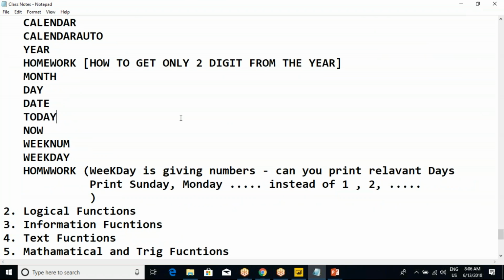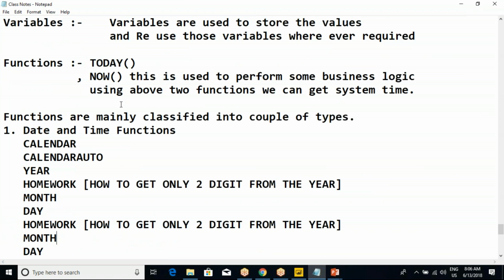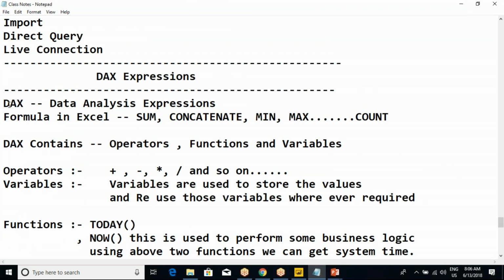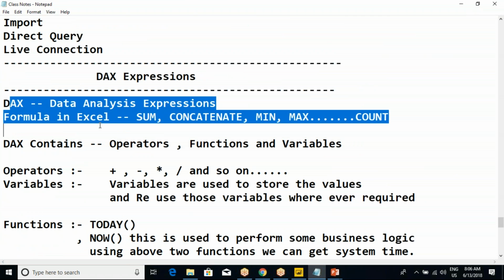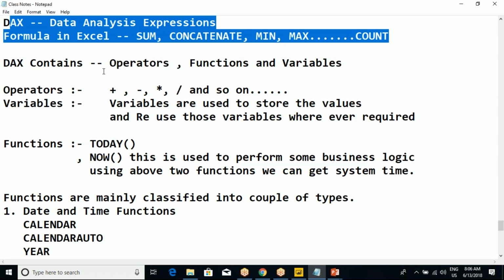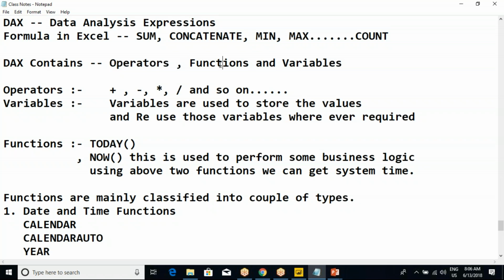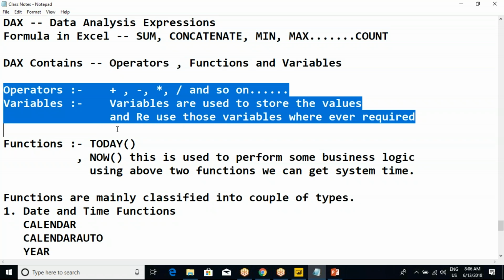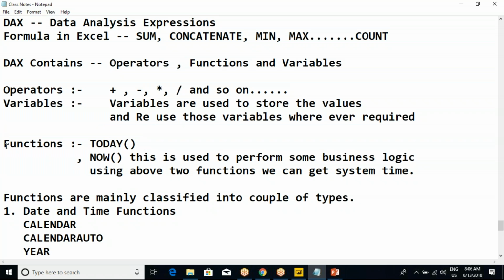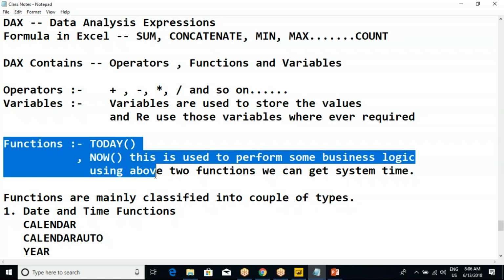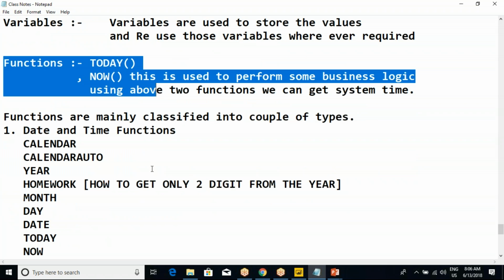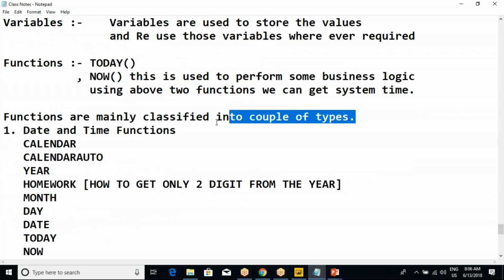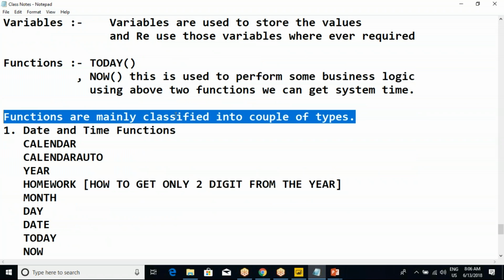What we have understood yesterday: we just gave the introduction to DAX, and DAX usually contains operators, functions, and variables. We understood a little bit about what an operator is and what a variable is, and we are having a deep discussion of the functions. Functions are mainly classified into, as I said, almost 10 types